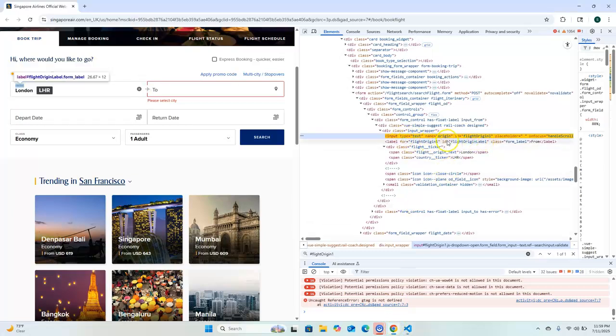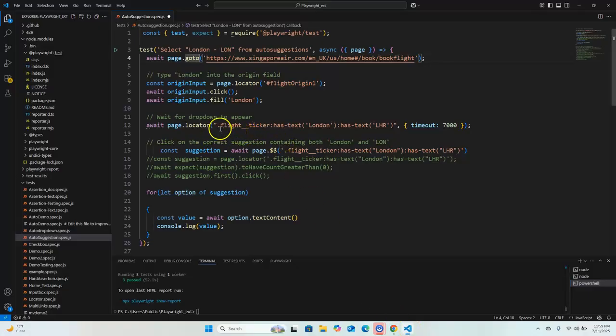We have already taken the class flight_ticker. Here you can see :has-text, this has -text. We are filtering actually, because